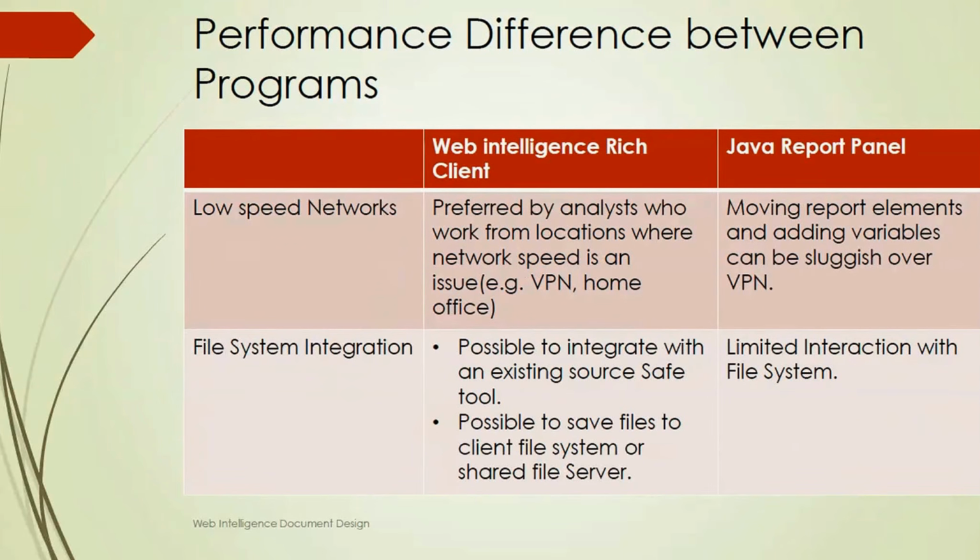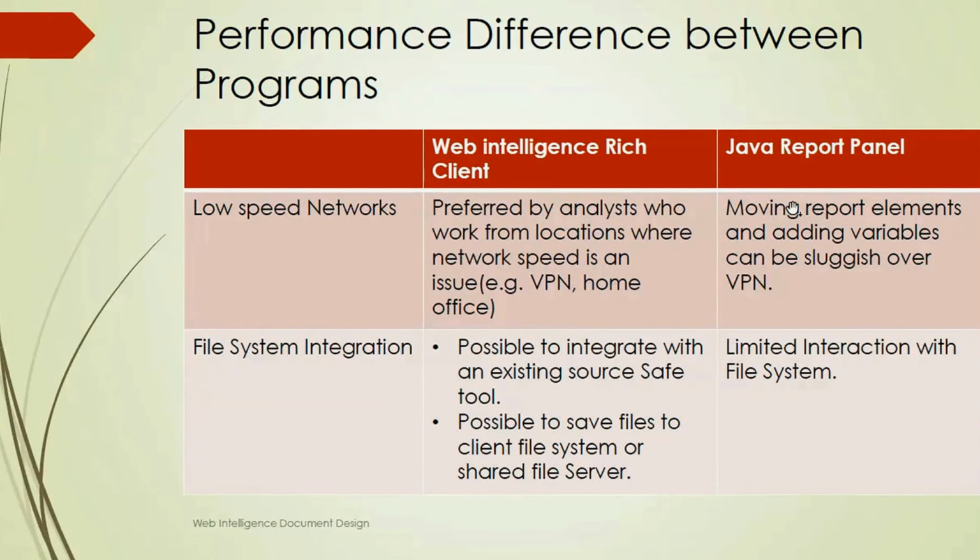Okay, then low speed networks. Suppose there are some low speed networks available and we wanted to work, so which tool should we use? Web Intelligence Rich Client is preferred when analysts work from locations where network speed is an issue. Suppose analysts or developers are working from remote locations where VPN and home office is there, and a VPN network is available. At that time Web Intelligence Rich Client can be used, because it does not require that much speed while